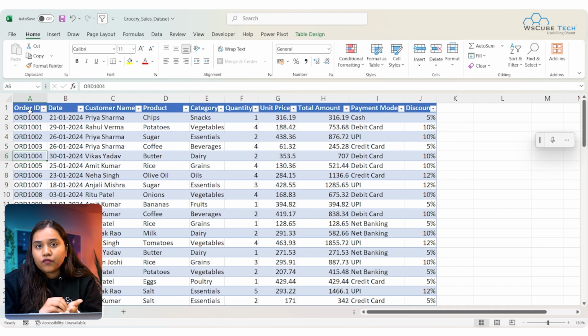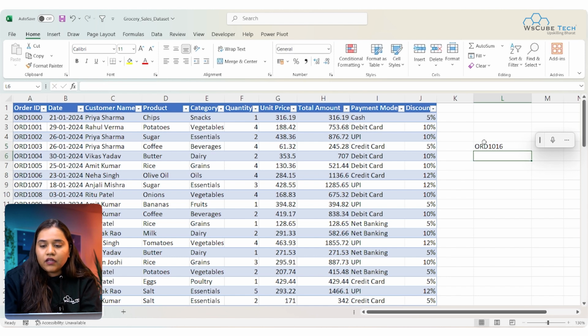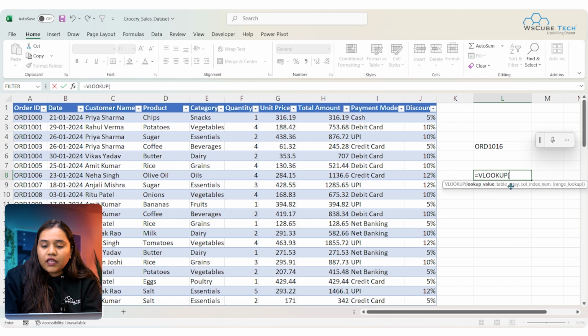Now moving forward, if based on any order ID I want to fetch any details of the person, whether it is customer name, category, quantity, total amount, payment mode, or even discount, we can fetch it really easily by using vertical lookup. How? Let's have a look at that. Suppose my order ID is ORD1016. Here, if I write equal to VLOOKUP, this is my lookup value, comma,